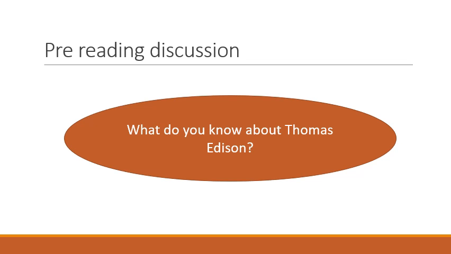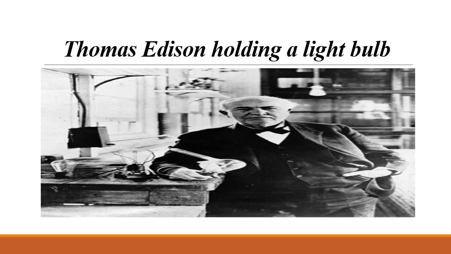Thomas Edison is an American inventor. His famous inventions are the light bulb, which is today's topic, and also he invented many other devices and machines like the motion picture camera and also the phonograph. These are just some basic information about Thomas Edison. So we start as usual with reading the article about Thomas Edison and then explaining the meanings of difficult vocab in the article and moving to the questions at the end.